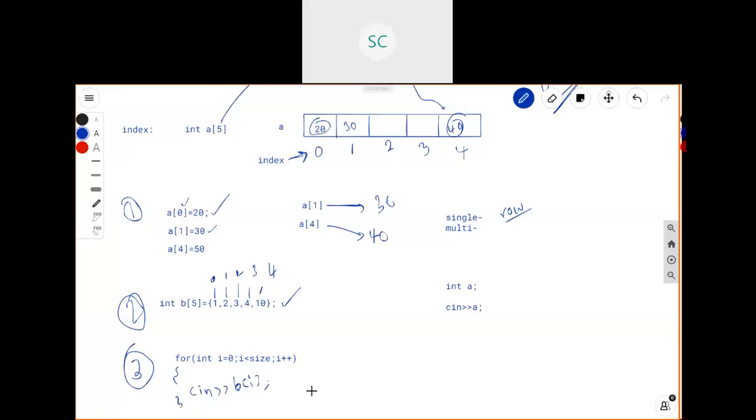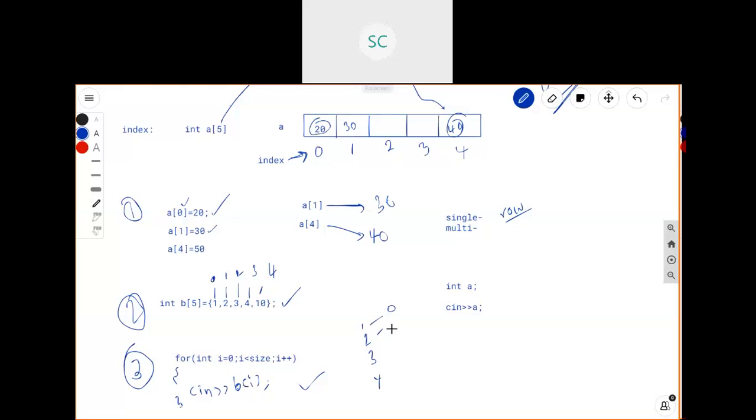Instead of giving values manually, if you want to assign your array values from the user, you can go with this for loop. How will it work? At the 0th position, it asks the user to enter some elements into this array, and the user enters some numbers, like 1, 2, 3, 4. For the first iteration, b of 0, index position 0, the first value is stored.